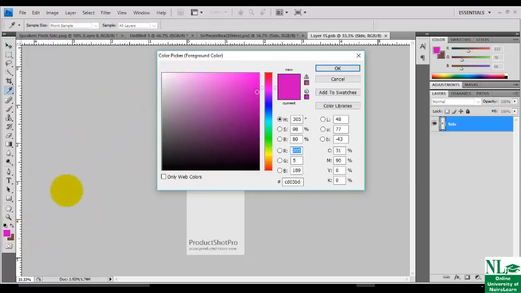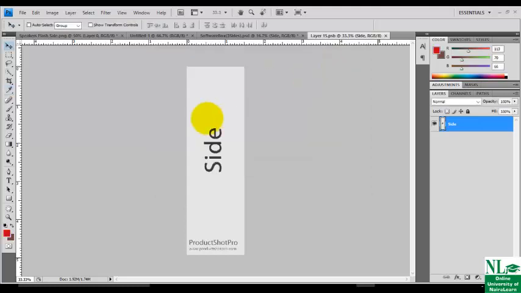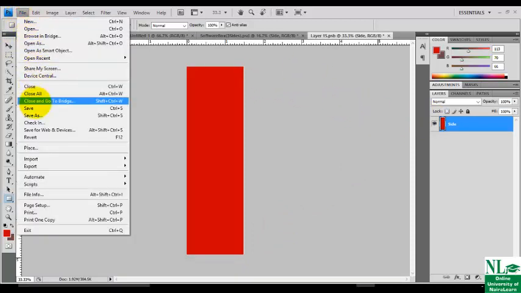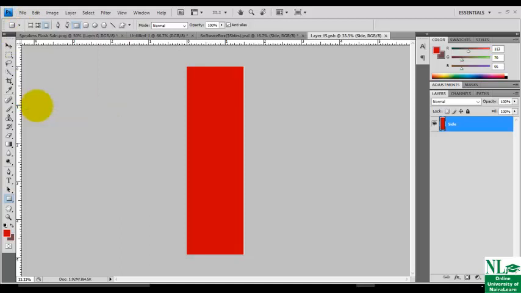You might like to use color to fill it up. It's up to you. Which color do you want? If you understand color code, you can input some of the color code you want. Then pick your rectangular tool, take it to this edge and draw it to fill it up. Return back to file, click on save.